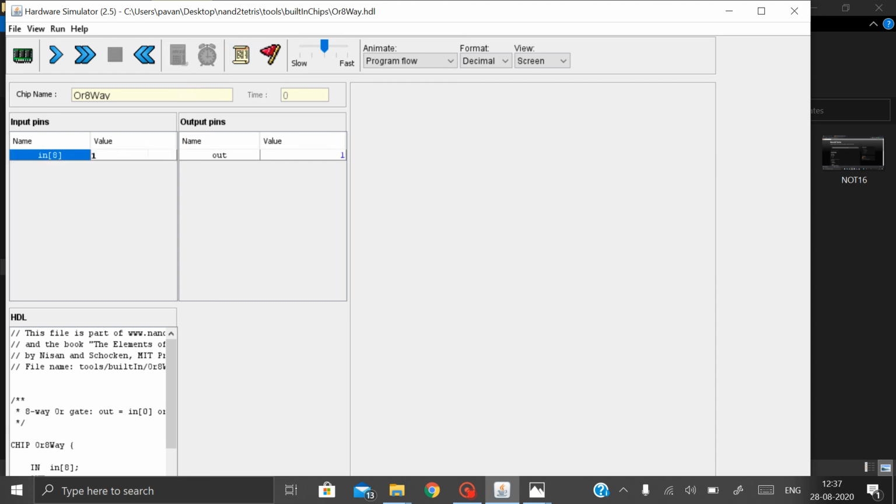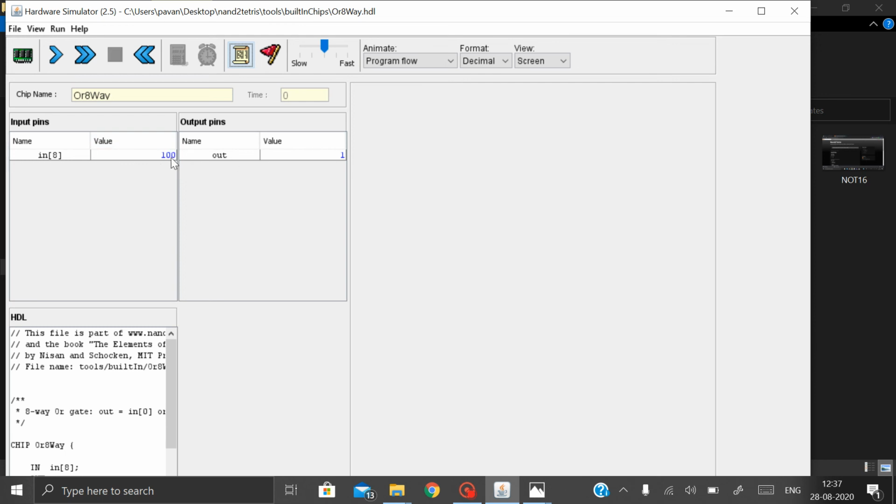And the same thing happens. 8 way means, as I told you in the previous one, it will take up to 4 digits, I think. Wait, we'll try with one more digit. We gave 3 digits, right? 1001. Okay, it will take up to 100. If any one input is 1, as I told you, here we'll find 1, right?